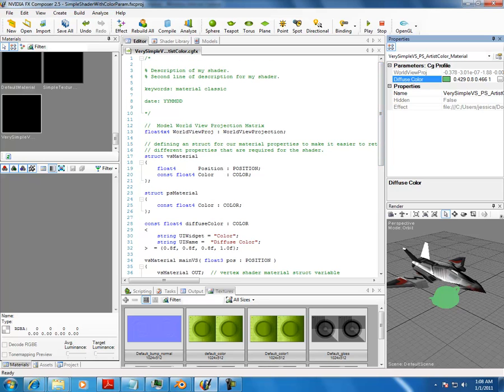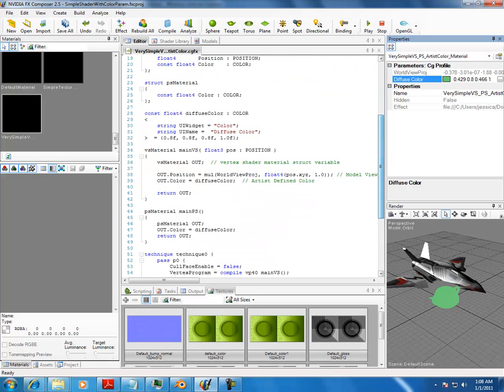Okay, so what I did was I set up, we still have our structure from before for our VS material, so nothing's changed there, but we have a struct now for our pixel shader material shader. And I've done a const also for this because I'm making it a uniform. I'm doing a float4 here, and then color colon, and then color semicolon. So here we're going to be accessing the color,